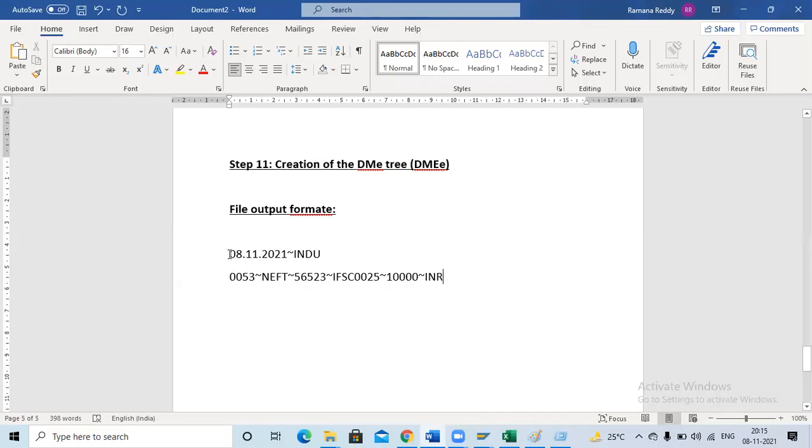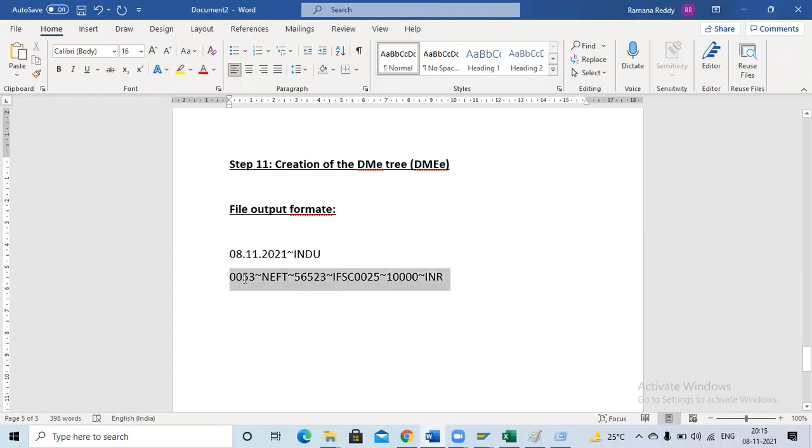So this is the output format. Once you run that APP, the system will download this information. 53 is the starting invoice number. If you have four invoice numbers, 53, 54, 55, 56 will come. Then the kind of transaction: whether the bank has to do a NEFT transaction or RTGS. Next are the vendor number, vendor IFSC code, and vendor account number, which we also have to display. Then the account number, vendor invoice, and the currency. So this is the data.